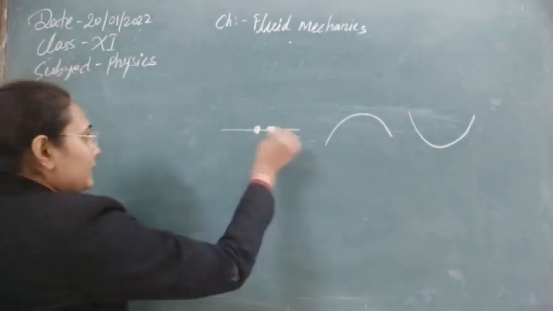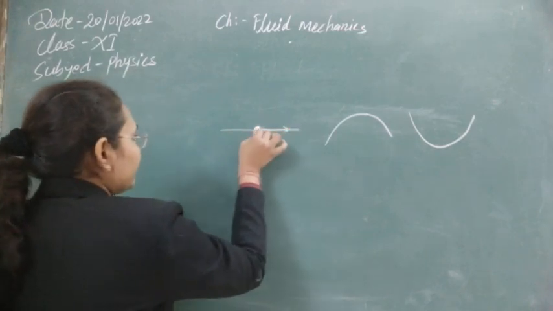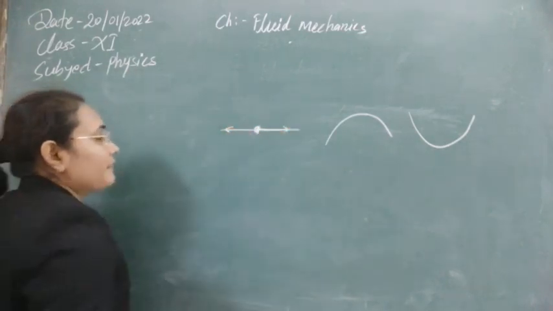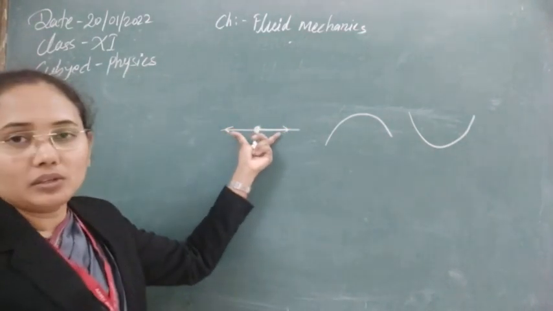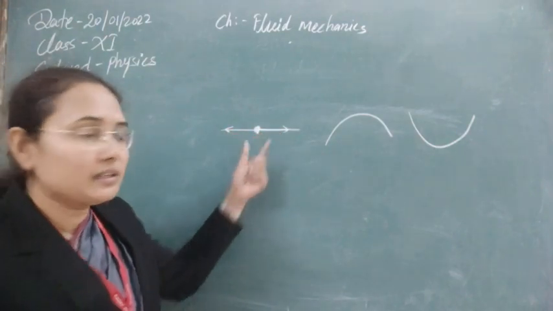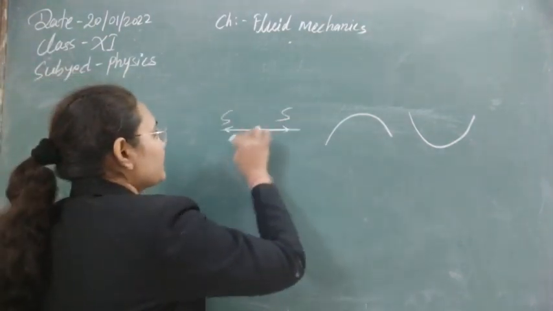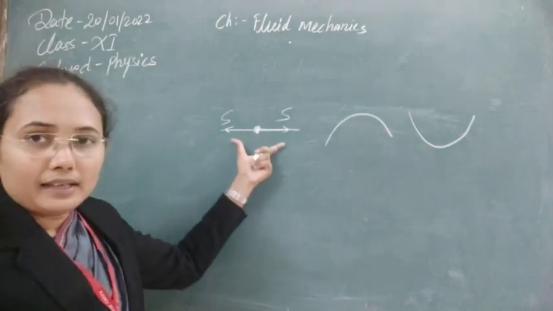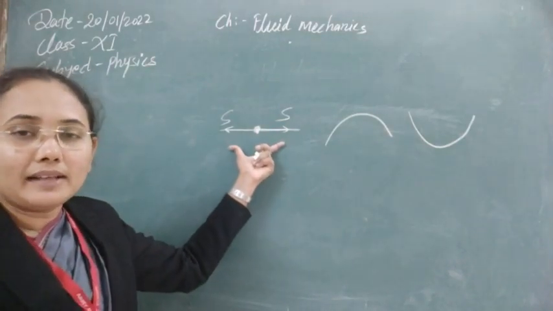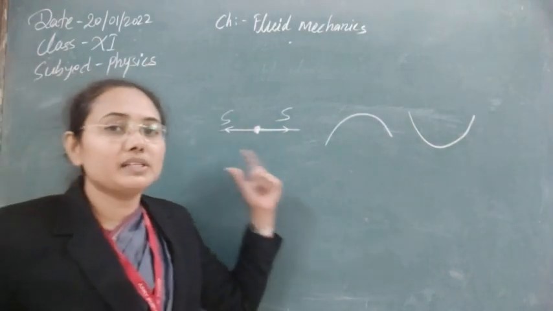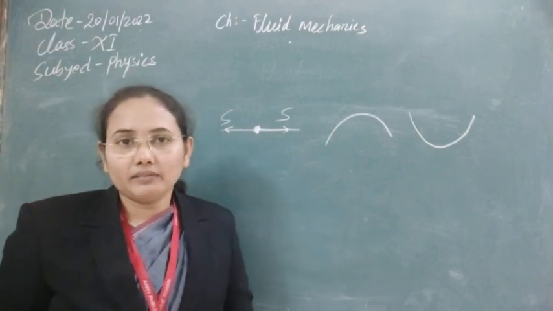So this will be the tangential direction, meaning if we draw the tangent on the surface, that will represent surface tension. Now as these two are the directions of surface tension, and they work only horizontally, they will cancel out each other. Then no net pressure will be applied on the liquid in this case.